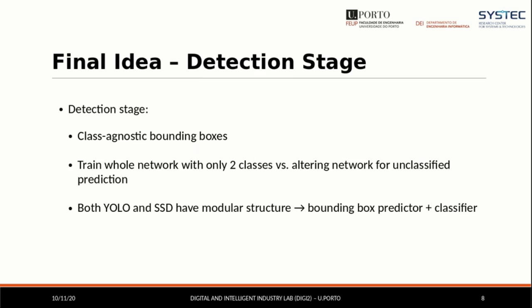For the detection stage, the idea was to use a class-agnostic bounding box detector. This means that the detector should output bounding box predictions without a class label. However, most of the state-of-the-art detectors right now are all class-aware, so they are trained with class labels. This means that if I want to implement one of these detectors, I have to do one of two things. Either train the whole model with a dataset composed of only two classes, background and object,